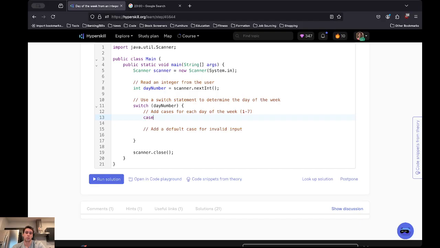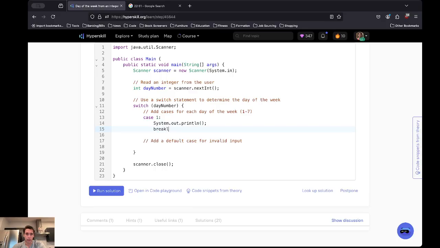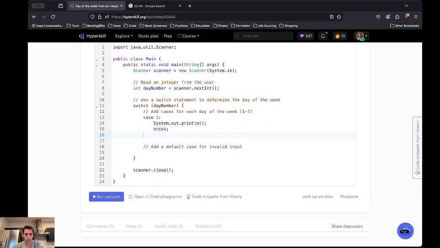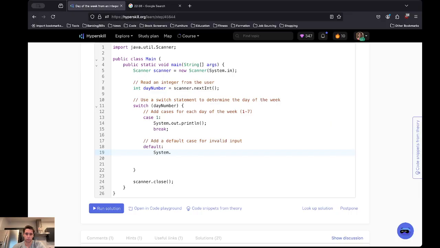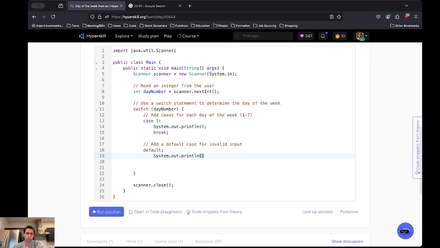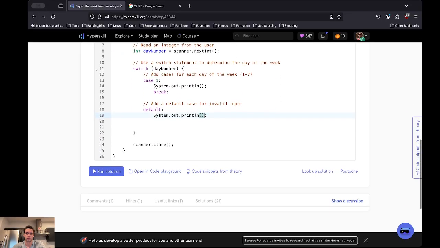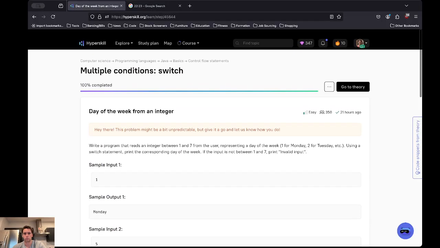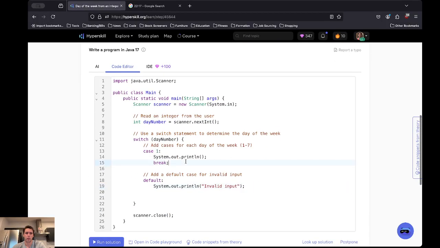Switch case 1 system dot out dot println, break. Okay, so